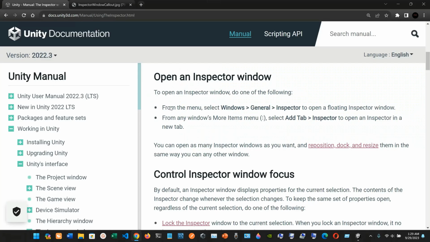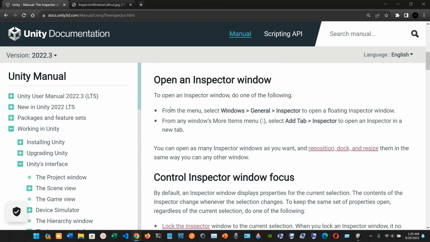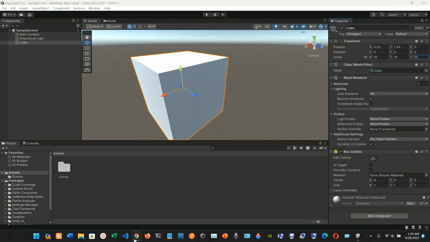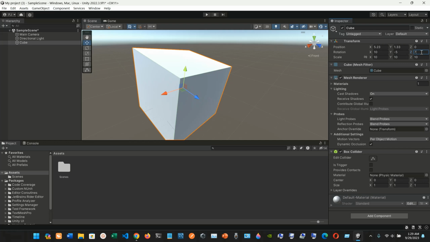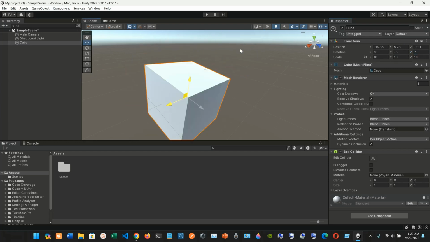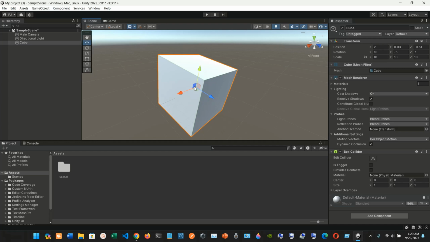Let me see, what else do we need here? Inspector window. Again, the rotation right now is 10. We can put it to 10 for X, and for Y let's see, -5. And Z, let's put it 7. So we have all this and we can play around. And look at the position right now: X is 2, Y is 0.03, and Z is